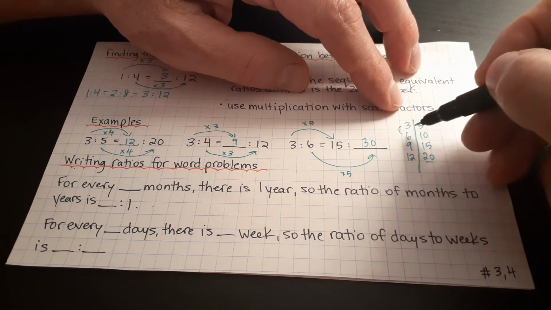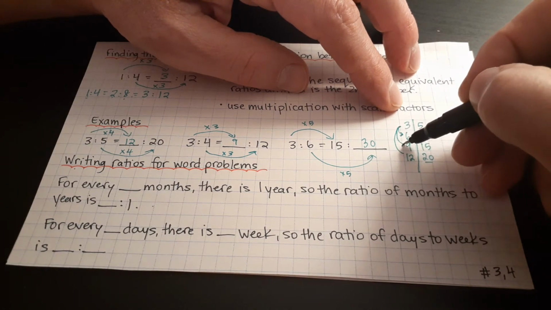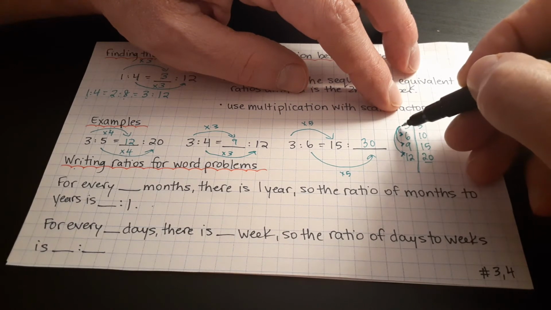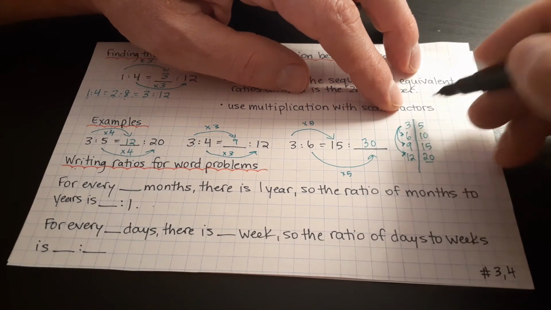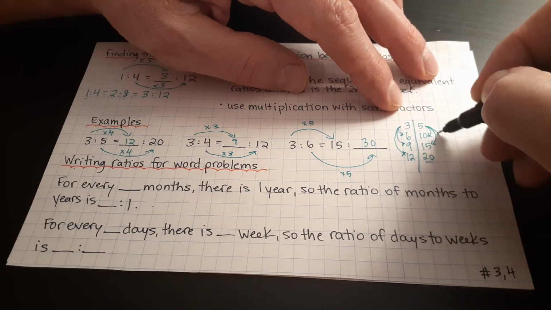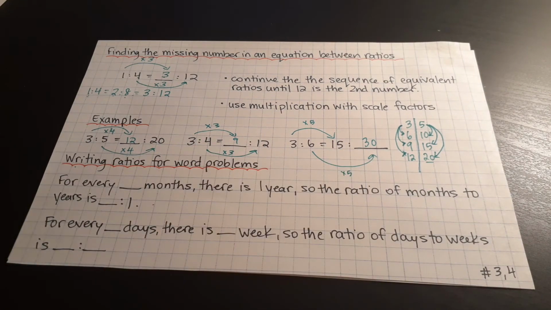And so I hope this doesn't get too confusing, but each time from the first number to the number below it, this would be 3 times 2, 3 times 3, and 3 times 4. Likewise, 5 times 2, 5 times 3, and 5 times 4. So you could do that with all of these as well. If you want, it says at the bottom of page 3 and 4, you can stop it now and work on number 3